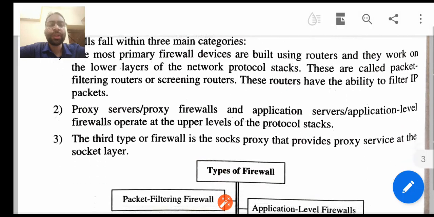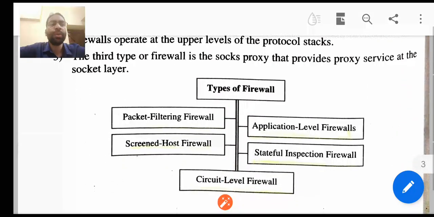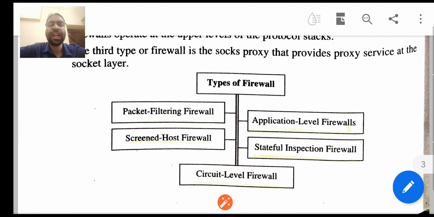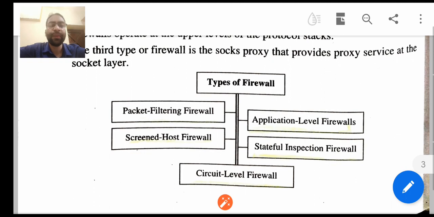Types of firewalls. Let's see what the types of firewalls are. We have the packet filtering firewall, the application level firewall, the screened host firewall, and the stateful inspection firewall, and the fifth one is the circuit